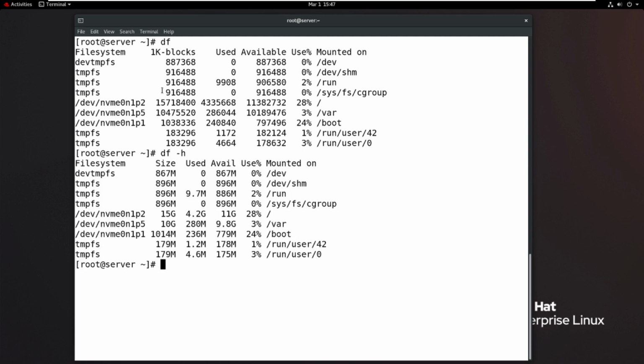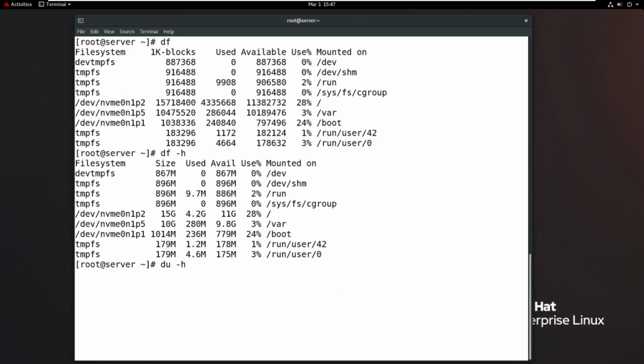Then 15718400 means approximately 15 GB. So that is df and df -h. And the next important command, du -h, displays disk usage.